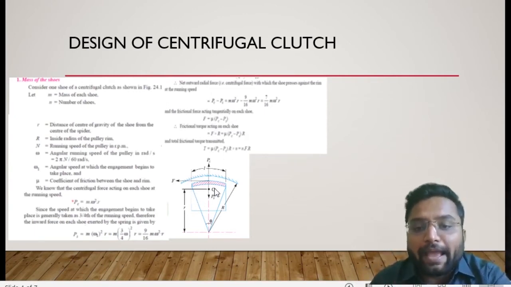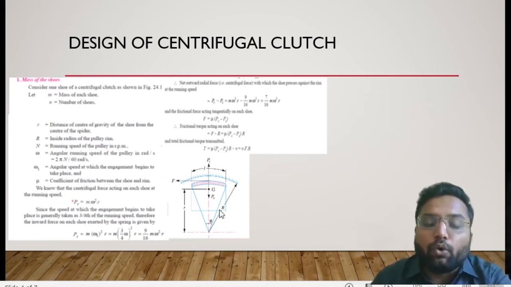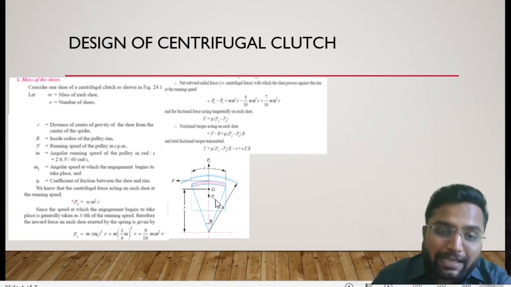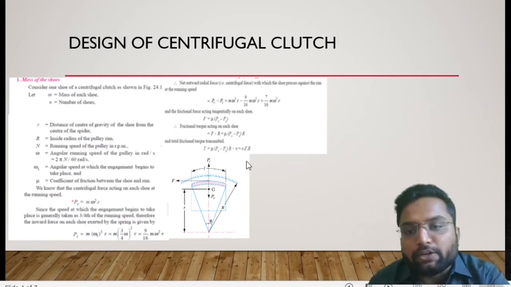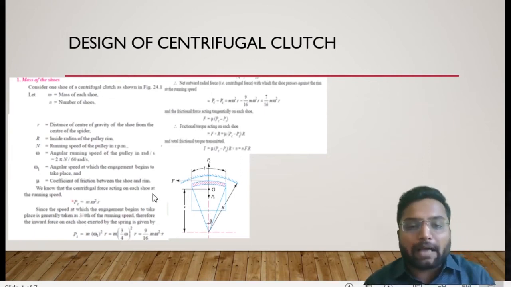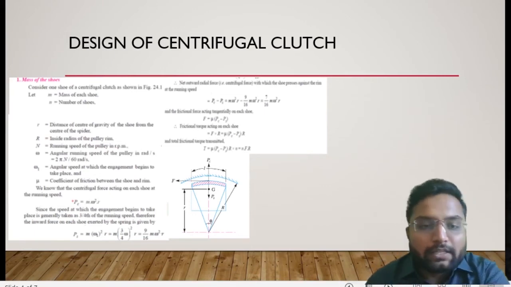So this force will act tangentially on our spring-loaded mass. This tangential load will be denoted by F. So F into R will provide us the torque, which is the sufficient frictional torque required to have this connection between the outer surface and our inner surface, or you can say driver line and driven line. So ultimately torque will be mu (Pc minus Ps) into R. If there are n number of shoes, then mu n (Pc minus Ps) R. So this is how the mass of the shoe can be found out depending on this torque. Clear? I hope you got this point.